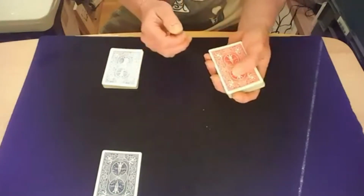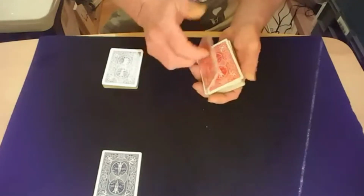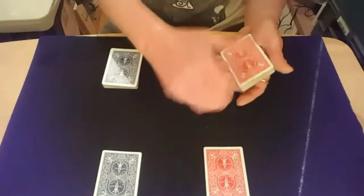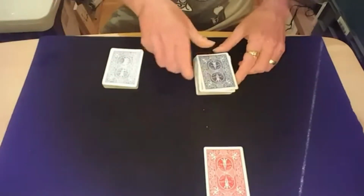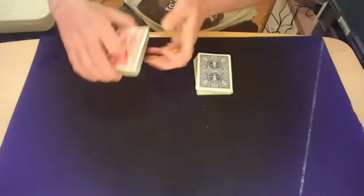Then you do the exact same thing with this pack. Just push that top double over to show it's the 2. Turn it back down, and again you're just peeling it off the sticky and putting that down. Then you swap the blue card onto the red pile and the red card onto the blue pile. Square them up,